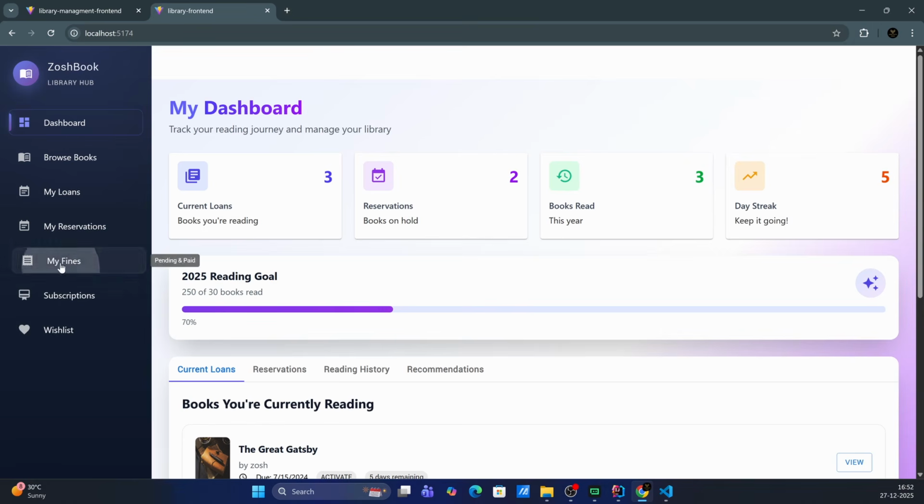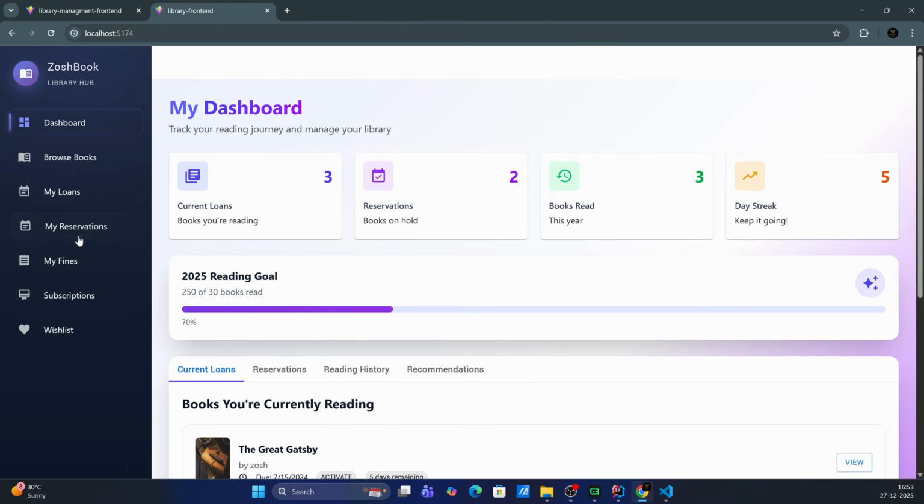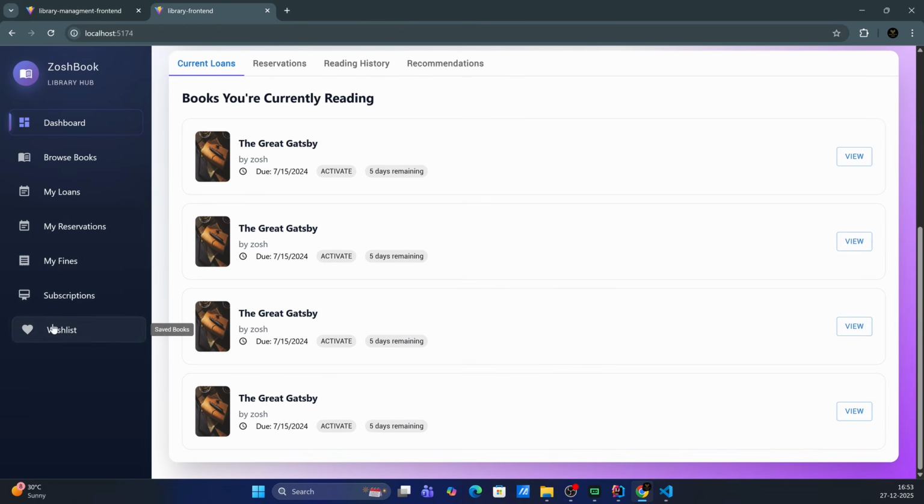Okay, it's not working because it's not updatable, right? How can we do that is